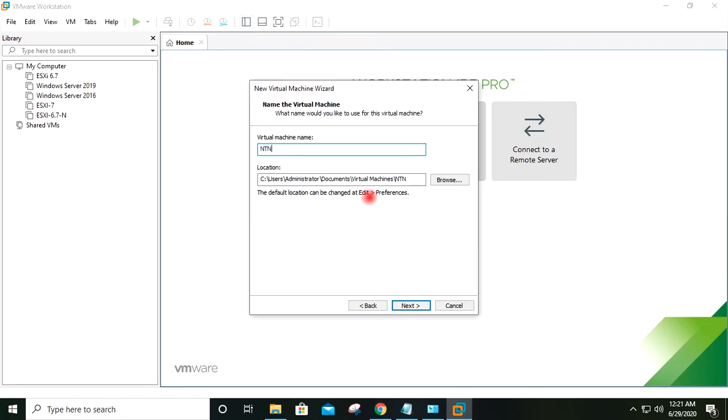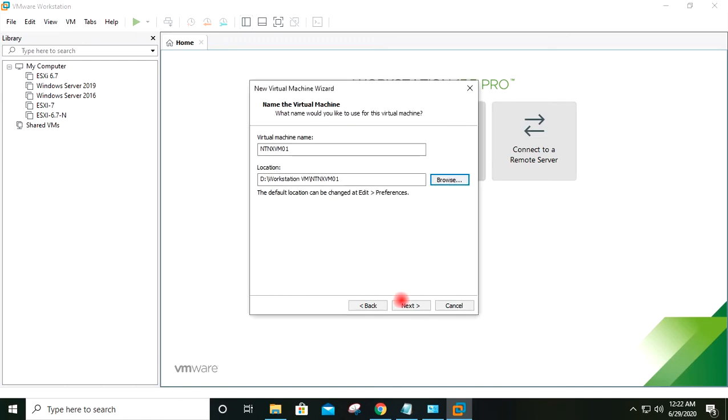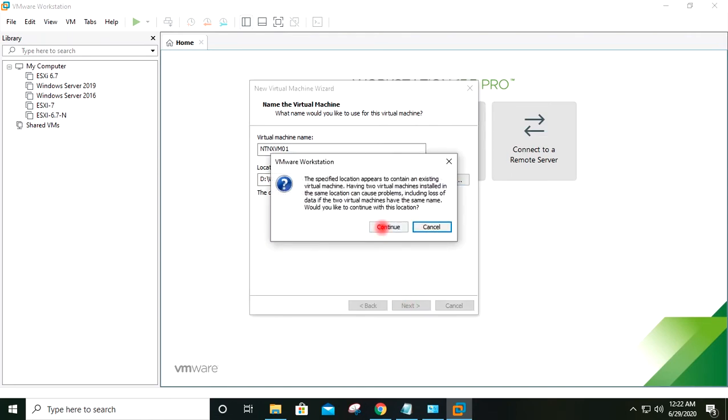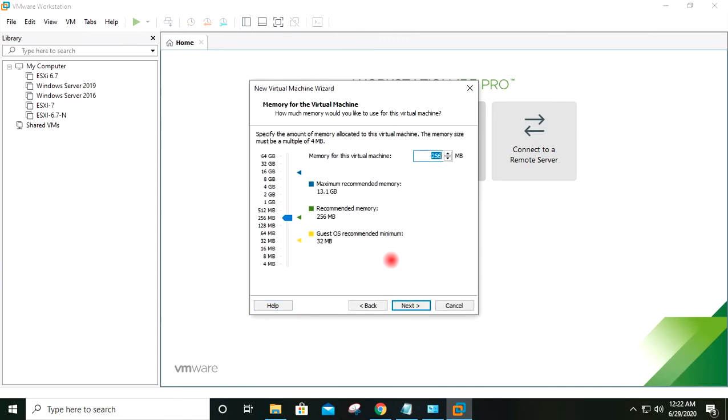I will give the virtual machine name here, and I will give the path to the folder on my local system which I had created. Next, continue. For processor I will give this setting, and RAM I will provide 15 GB for this virtual machine.